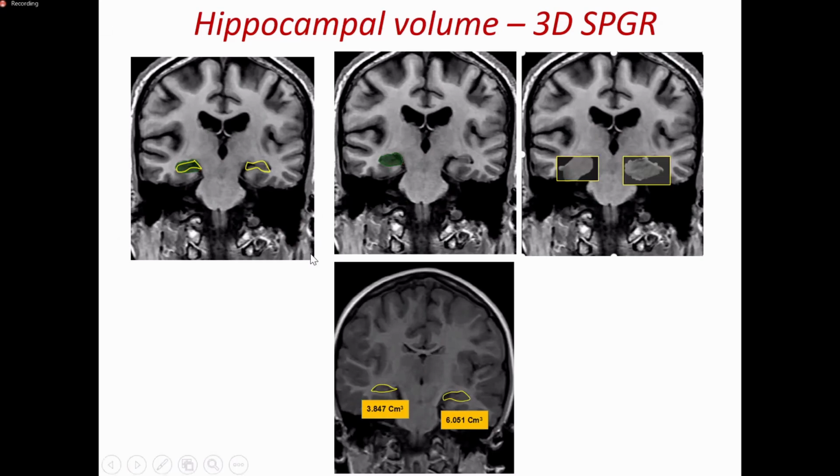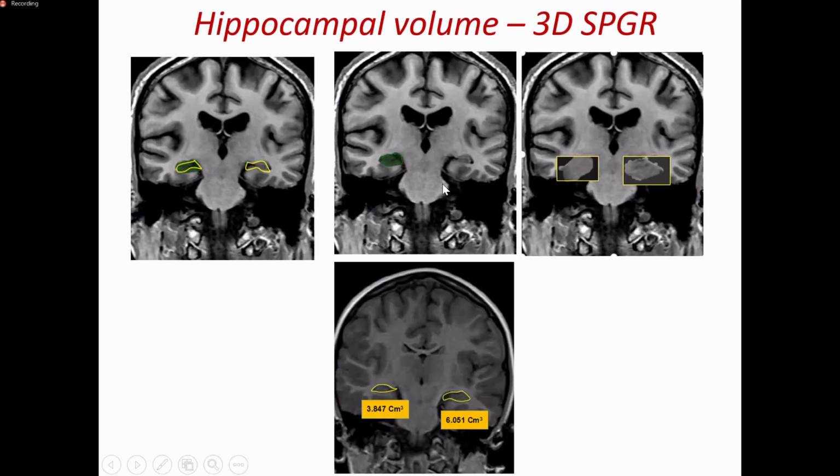Ultimately, you need to transfer the images to a workstation and start tracing the hippocampus in the subsequent slices. And ultimately, when you submit, the volume will be displayed. This information is important, particularly when they're looking for volume loss in a particular hippocampus. If a patient is having continuous seizures and they want to know if there is volume loss, such as mesial temporal sclerosis or whatever it is, you need to complete the post-processing and push it to PACS.